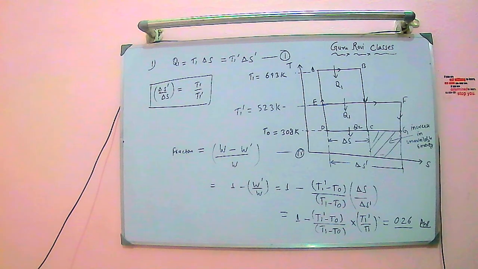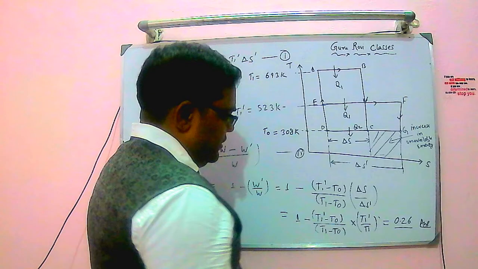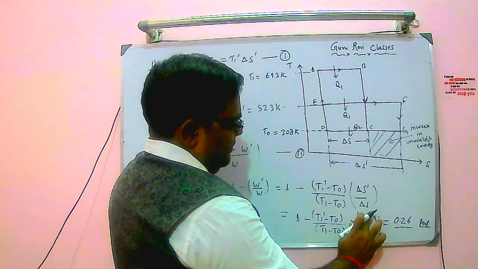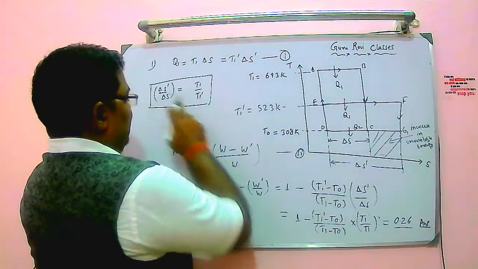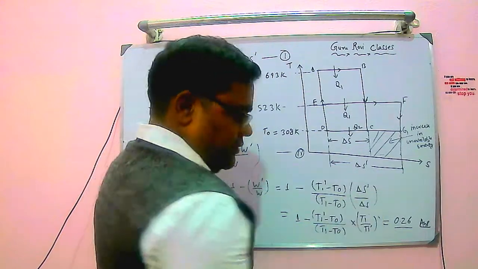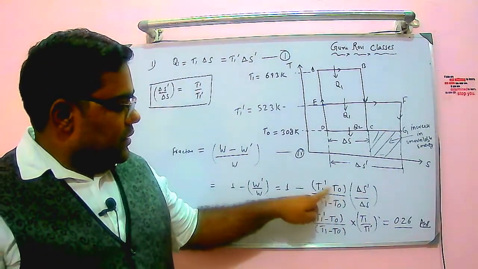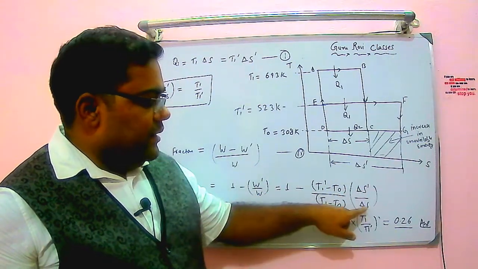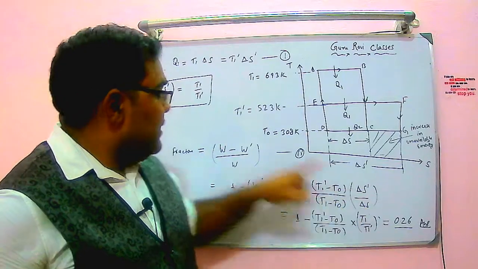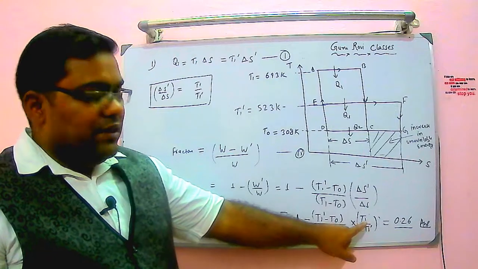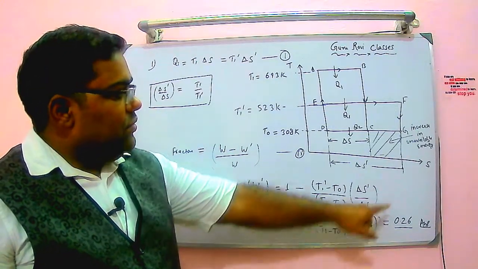Clear or not? So yeah, is there any mistake? So there is a mistake here, right? Basically, this is delta S dash and this is delta S. That means this will become as it is. This is T1, this is T1 dash, right? Just do this modification. So when you are writing W1 dash, it will be delta S dash, and when W, it will be delta S. So delta S dash divided by delta S, we already know here, is simply T1 by T1 dash. Just switch T1 and T1 dash and put the value, you will get this answer.